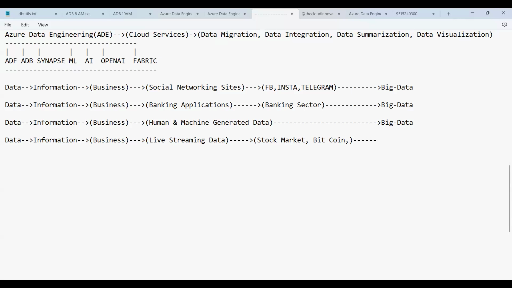So hence it generates a massive amount of data. So even this is called as what, guys, everyone? Big data. These are all nothing but the sources of getting the big data. As you already know, the big data, whatever we have,